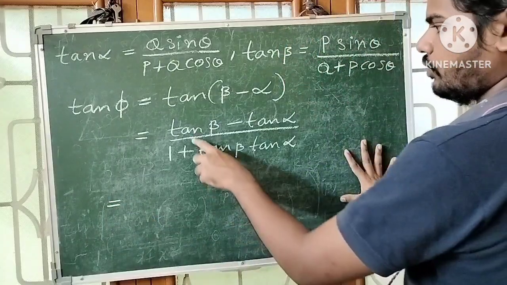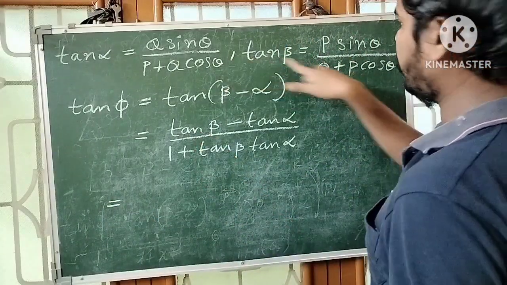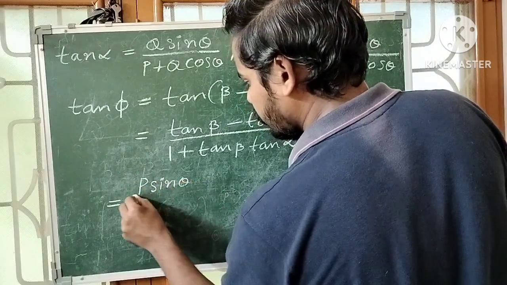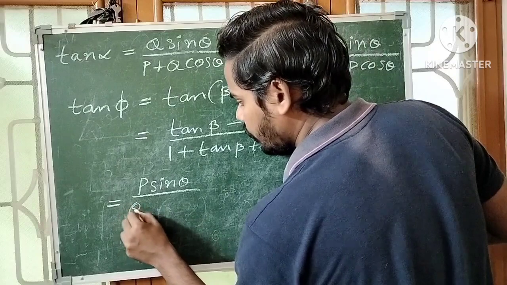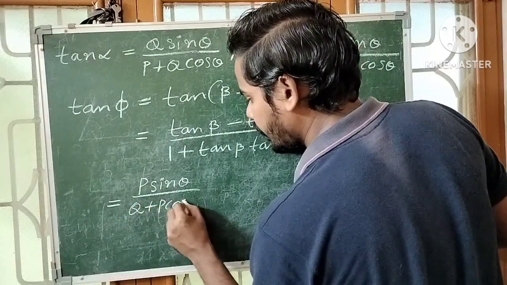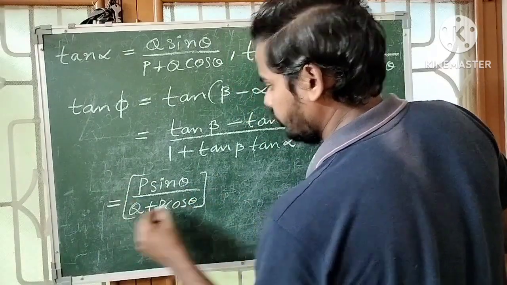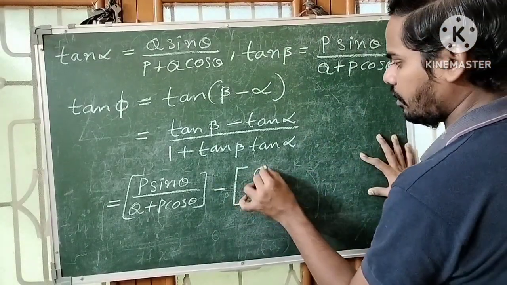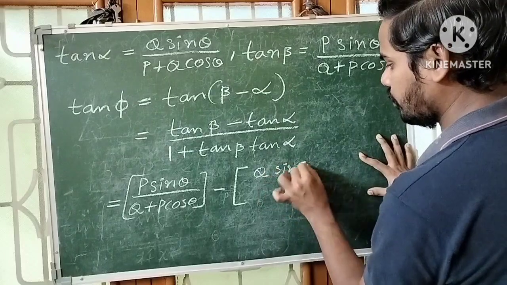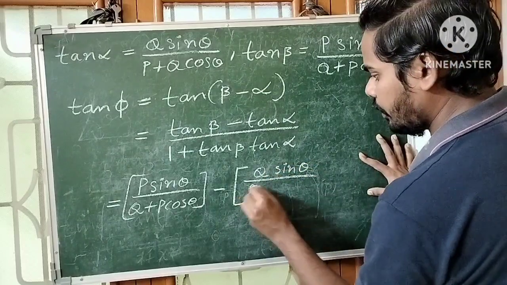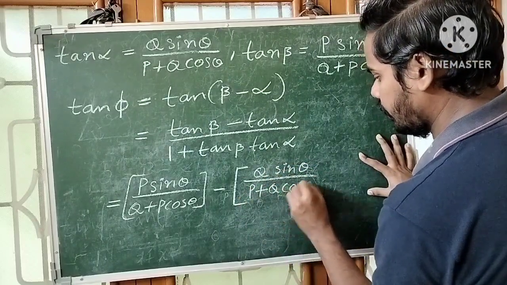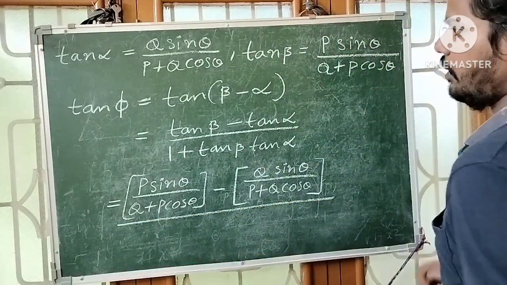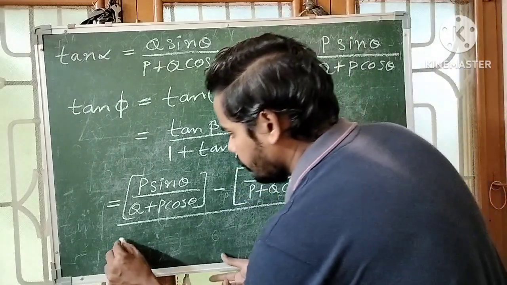Now substitute the values. What is tan beta? So here tan beta is equal to p sin theta by q plus p cos theta, minus tan alpha. Here tan alpha is q sin theta by p plus q cos theta, whole divided by 1 plus